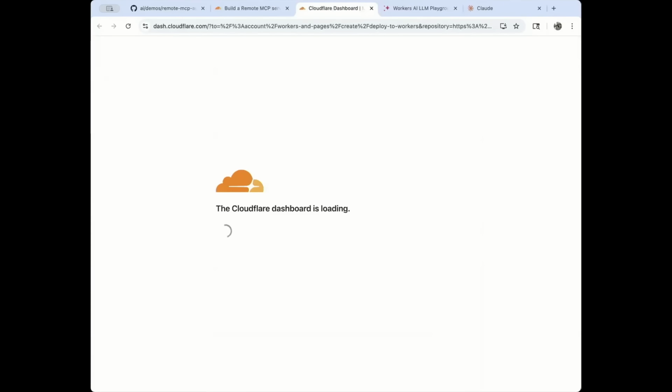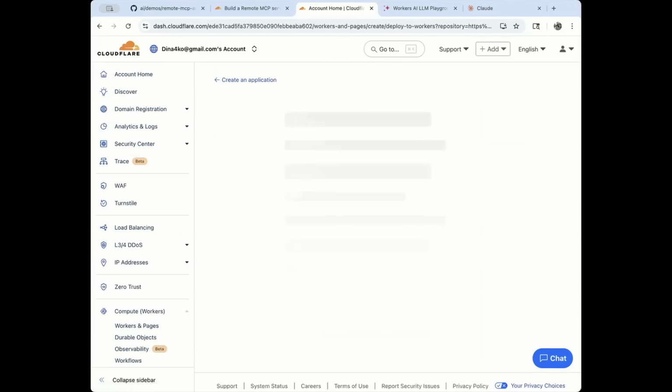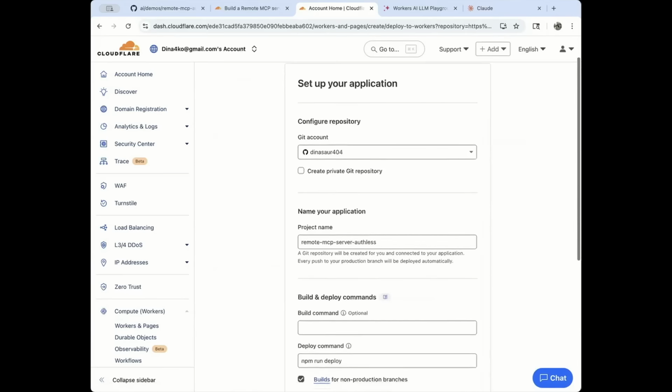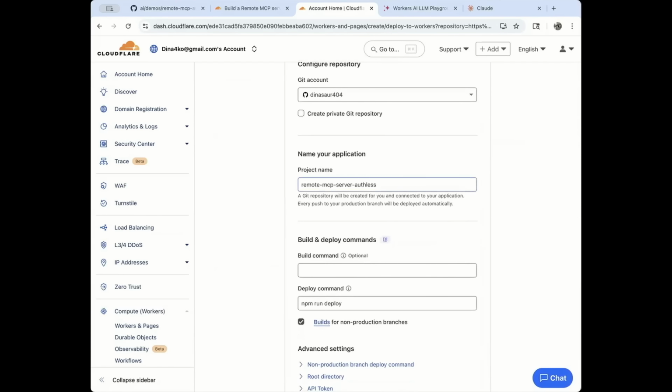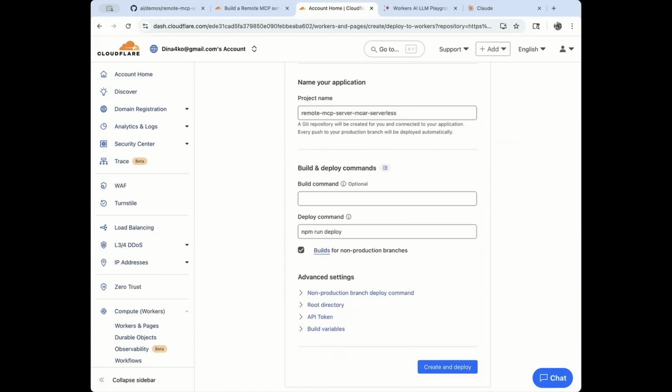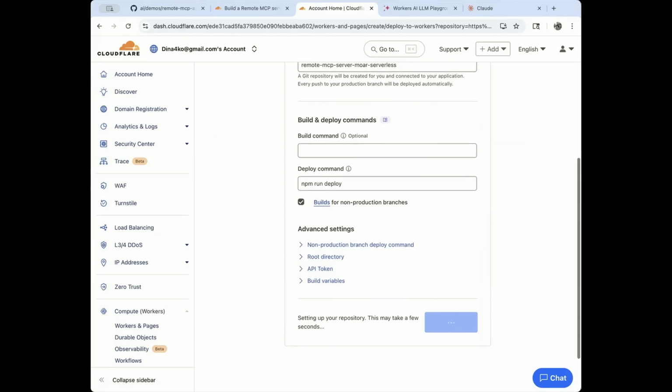So let's click Deploy to Cloudflare. This will take me to the Cloudflare dashboard where I will select my account. And it is already connected to my GitHub repo. I can give it a project name. So here we can put in "more serverless". And that is actually all you have to fill out. Then I can click Create and Deploy. And so now it is going to run the build to build the MCP server and to start deploying it